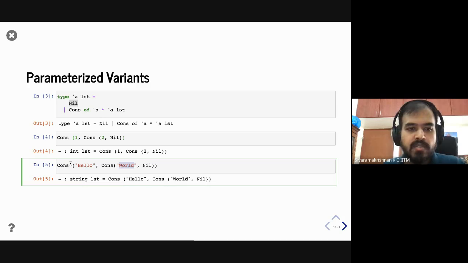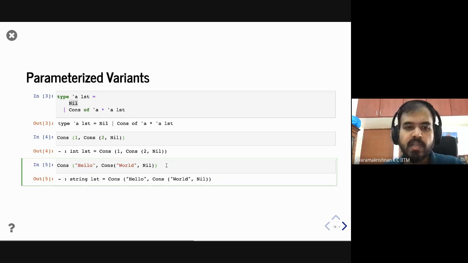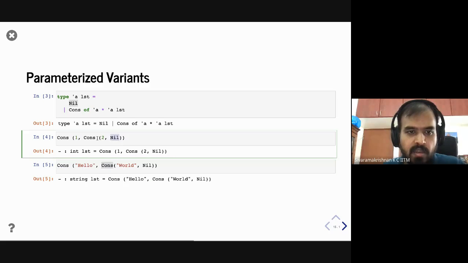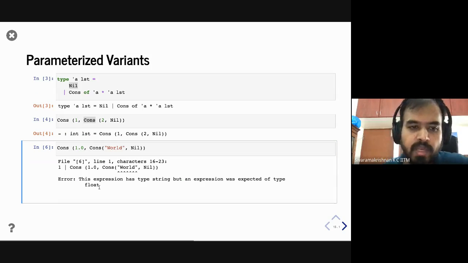So observe that we have not specified the type, but OCaml automatically infers the type, and we are using the same constructors, cons and nil, for two different kinds of lists, right? So this particular construction is generic over the type of the actual values that are contained there. The thing that you cannot do here is something like this, right? This is a problem because of the way OCaml